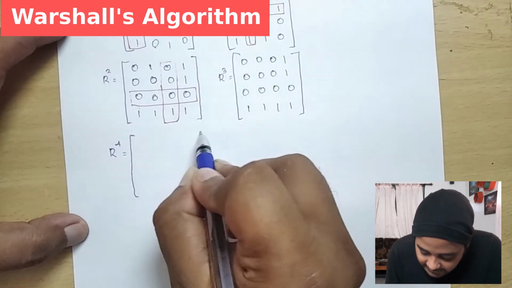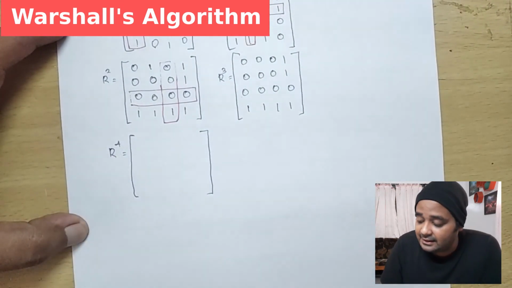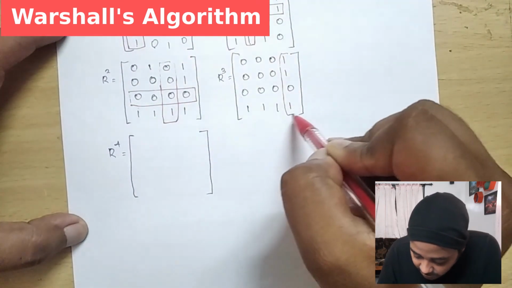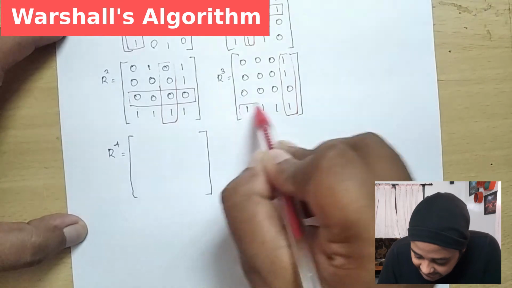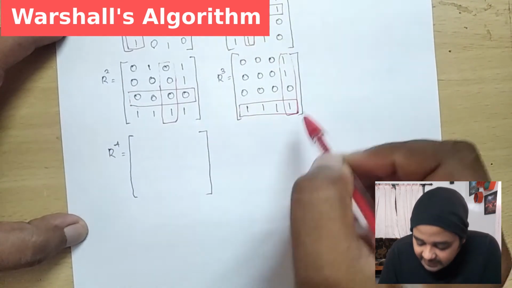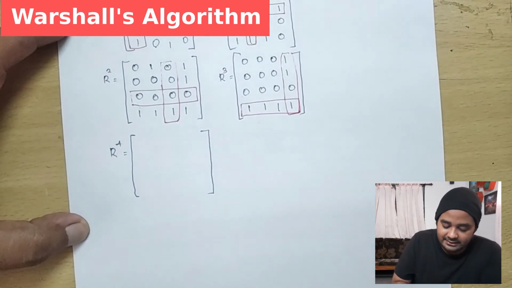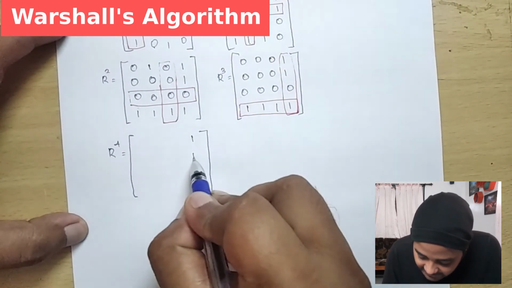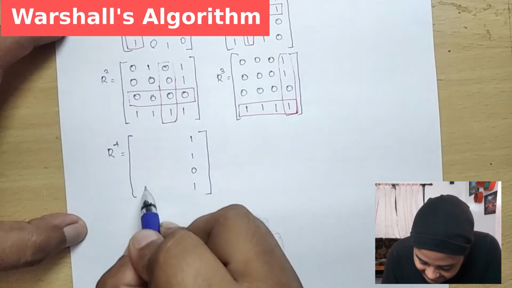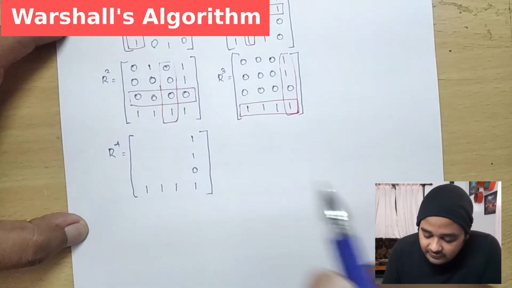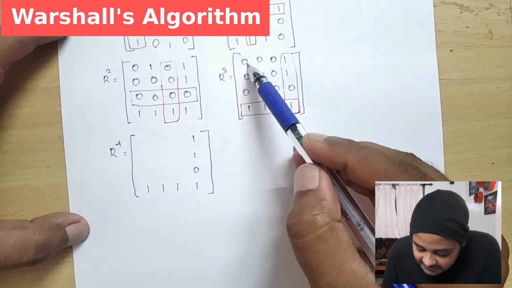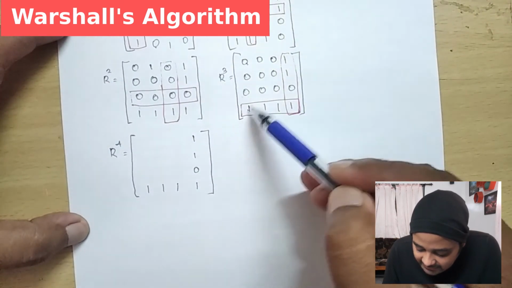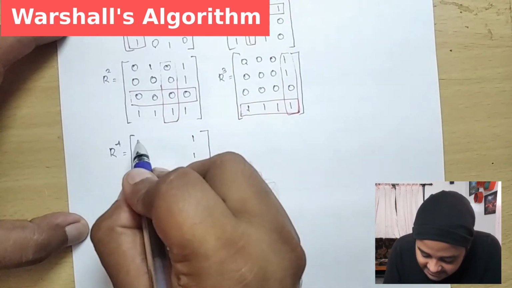Here for constructing our R4 matrix, we are highlighting the 4th row and the 4th column, right? So here we are highlighting the last value, and the highlighted values will not change, so I'm placing them as such. We have to construct the matrix again. Here it is 0. For this 0, both your adjacent highlighted values are 1 and 1, so I'm changing it to 1.